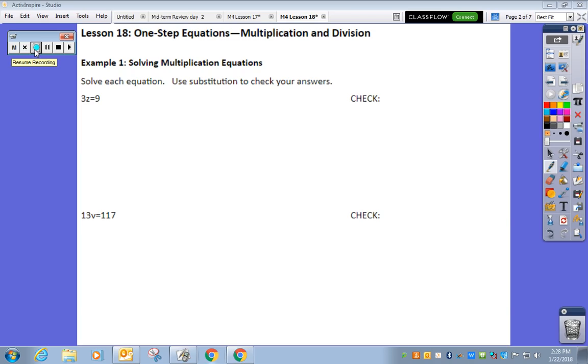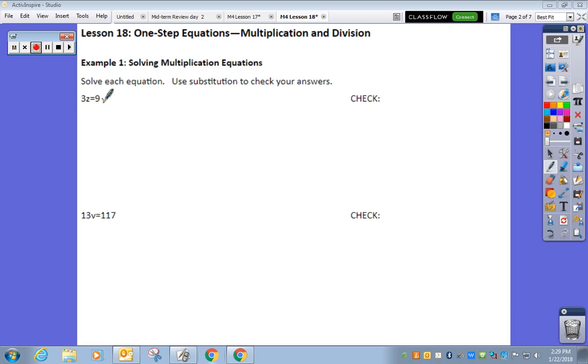Okay, in lesson 17, we looked at one-step equations with addition and subtraction. Today, with lesson 18, we're looking at one-step equations with multiplication and division. We're going to use similar ideas to the beginning of the unit when we saw the relationship between multiplication and division. So for example, in this first problem, it says 3 times z, remember 3z means 3 times z, is